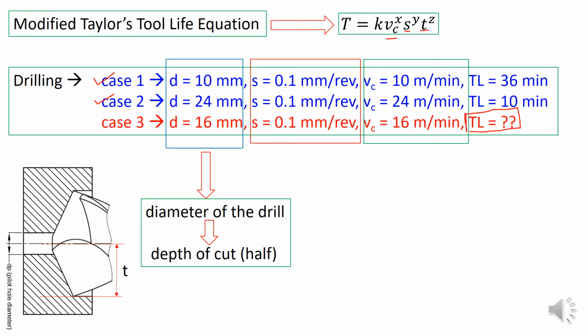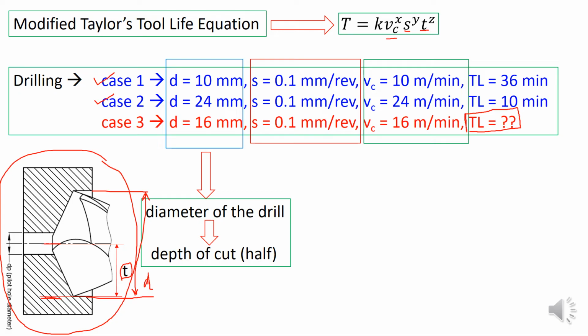This is the schematic of a drilling process, as if you are doing the drilling process in a lathe. There is a pilot hole or a pre-existing hole. You can take that into account, you can ignore it. This is the diameter of the drill. Half of that is the depth of cut. Why half of that is depth of cut? Because there are two cutting edges, each one of them removing half. This particular cutting edge is removing from this particular point to this particular point, so depth of cut is t.